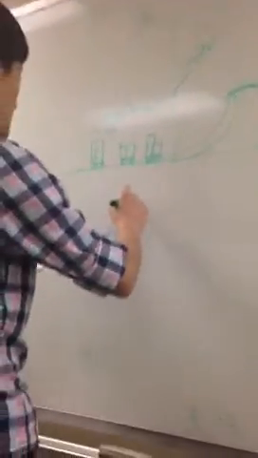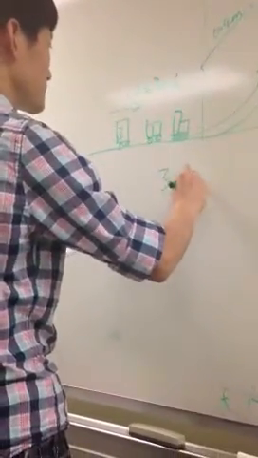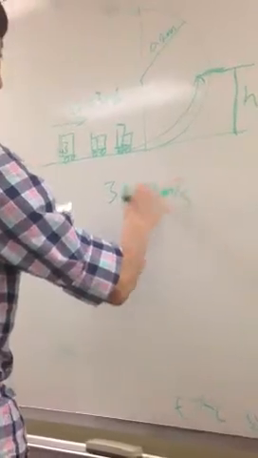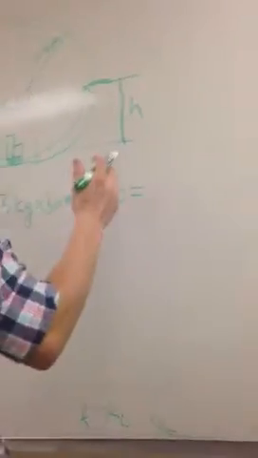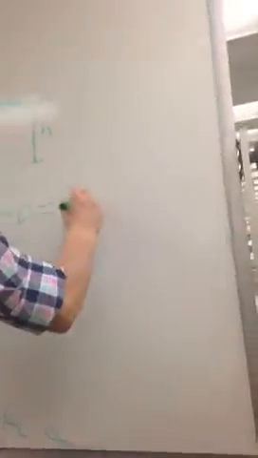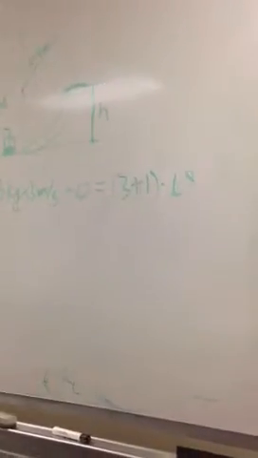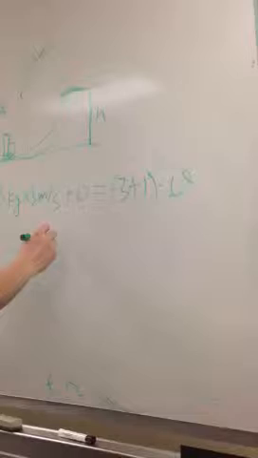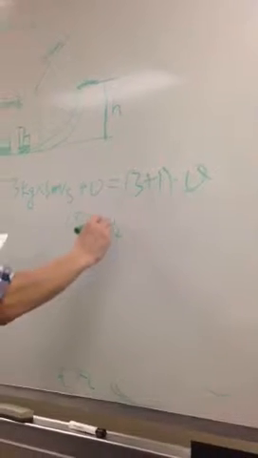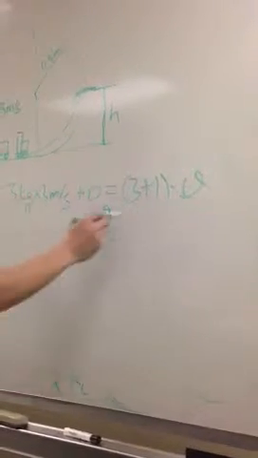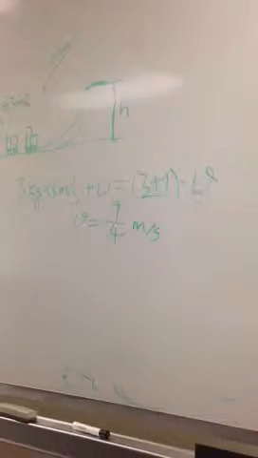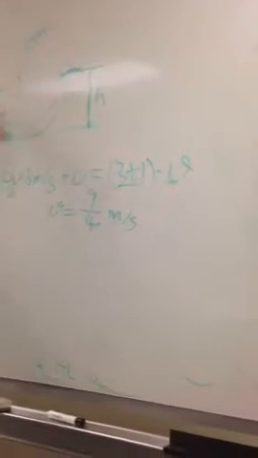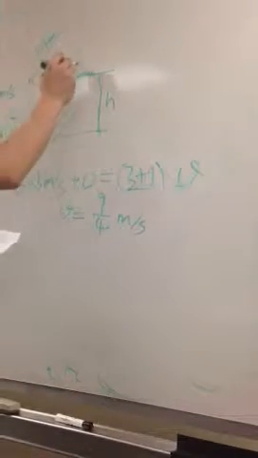So initially 3 kilogram, 3 meters per second. This is 0, the initial. And then they stick to each other. And then 3 plus 1 times the velocity, right? So it will be 9/4 meters per second. And then from here to here,